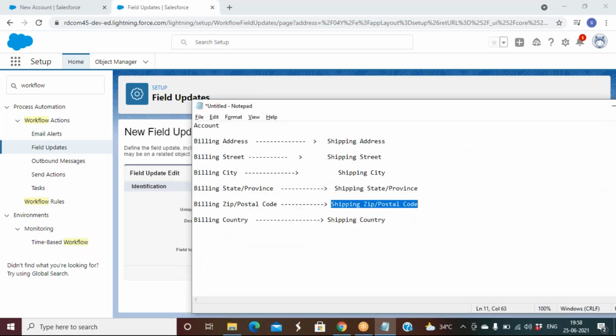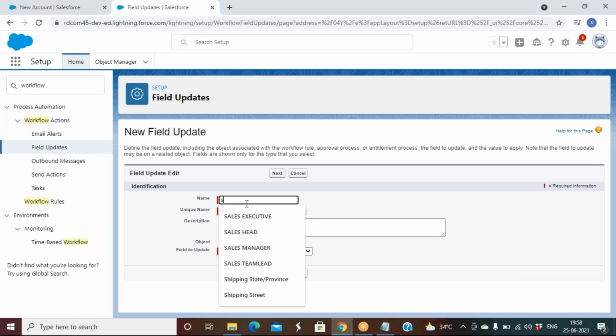Billing country. The field to update is shipping country.